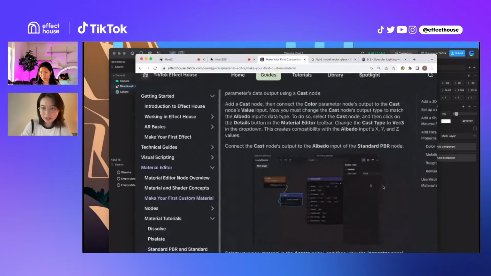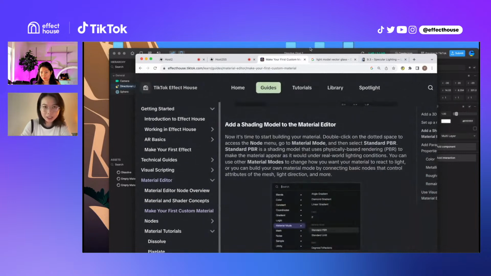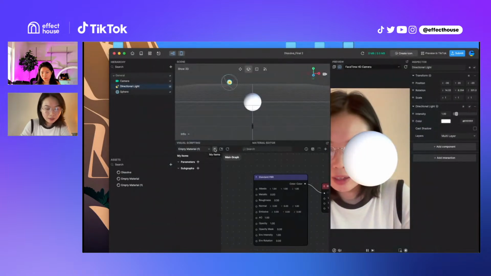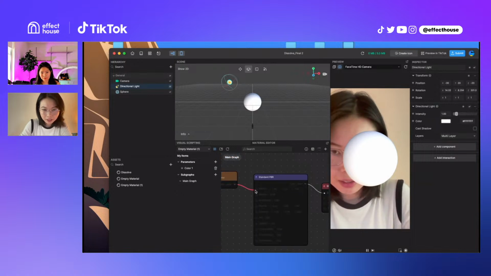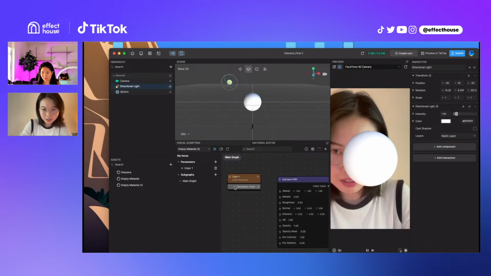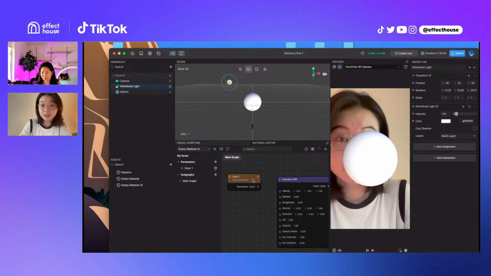Essentially, it will make it become a different color. So, okay, you may notice the light will become red